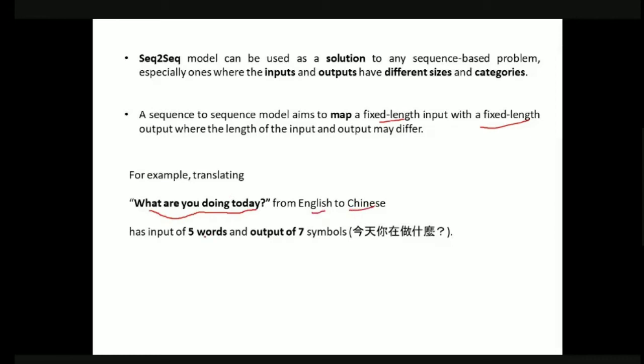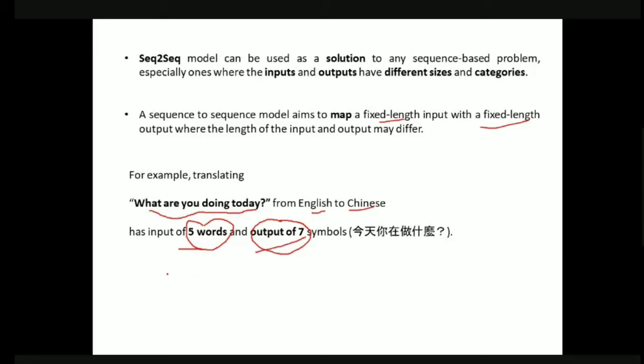In English it has a fixed length of 5 words, and then we have a fixed length of output as 7 symbols. At this instant of time, the input of 5 words is fixed and the output of 7 words is fixed. So that is what we call mapping a fixed length input to a fixed length output, but where the length of the input and output is different, because the length of the input is 5 and the length of the output is 7.